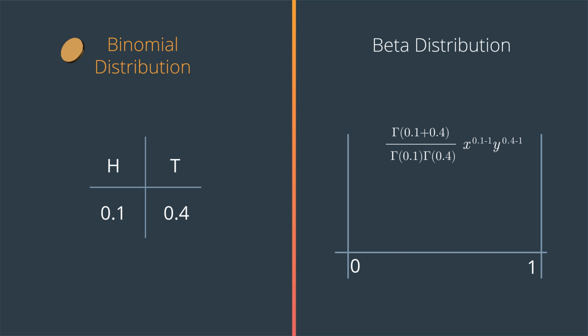And for values smaller than 1, like 0.1 and 0.4, we get this graph. That means P is much more likely to be either close to 0 or close to 1 than to be in the middle. This makes a bit of sense, right? If P is closer to 0 or to 1, then we're likely to have either 0 heads or 0 tails, which at least gets us close to one of the values, 0.1 or 0.4.